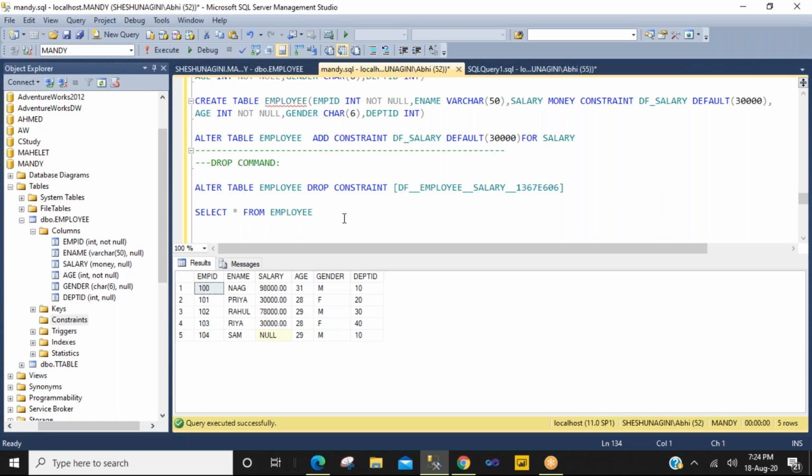Clear? Now I want to assign the constraint on an existing table column. Let's see how to do that. I told you that we need to use the alter command because I need to modify the table structure. Assigning a constraint on any column is nothing but modifying the table structure. So to modify the table structure, we use the alter command. Alter table employee, add constraint, the constraint name,